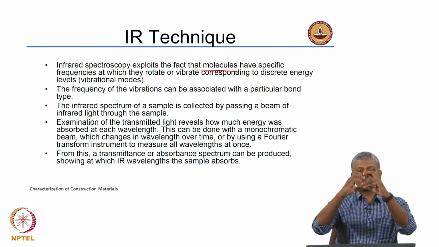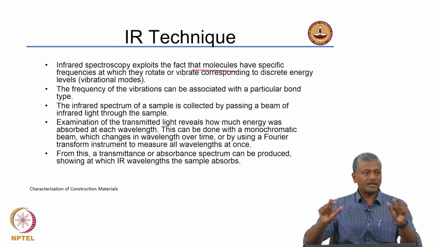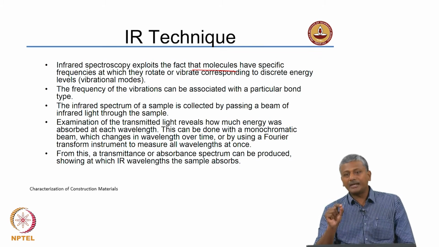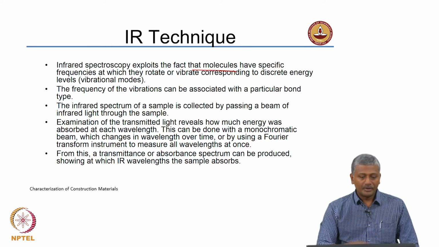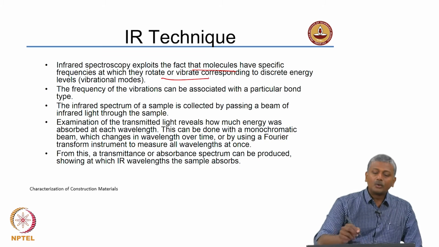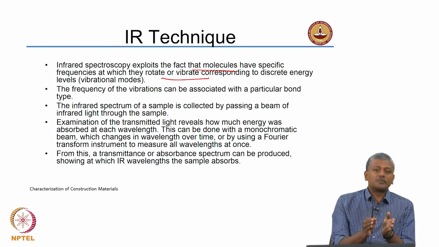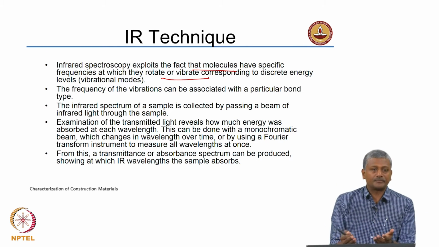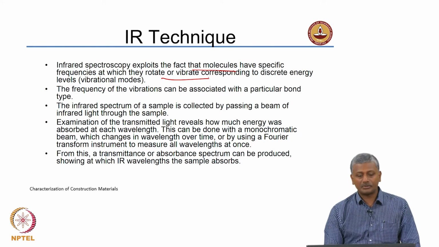So, you have the oxygen at the center and the hydrogen attached to it. There can be stretching of the hydrogen atoms, there can be bending of the bond and so on, but each one will happen only at a specific energy, because energy levels are always discrete as far as atomic structure is concerned. So, what you are simply doing is looking at what specific frequencies this particular transition occurs at. In this case transition, I mean vibration, and then you can relate that to the specific elemental species that are present in your system.